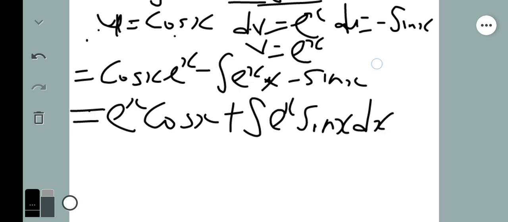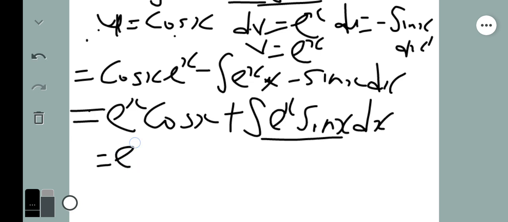There is also a dx attached to this. Since we have this, we still have integration by parts again. We integrate again. We have equals exponential x cos x plus, open bracket,